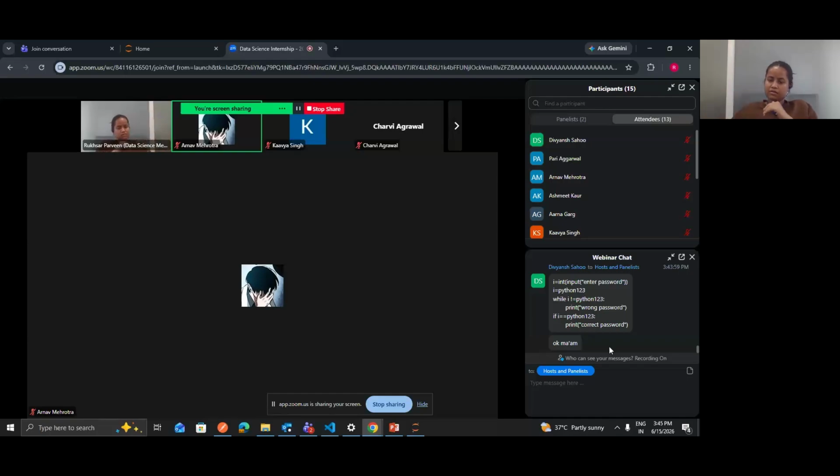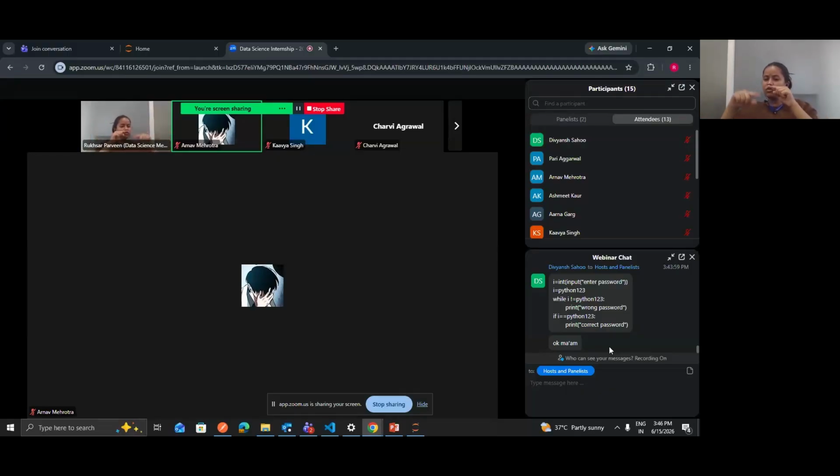As in Arnav's logic, what was happening? The while loop was true by default, and that is why we needed to check it. After taking an input from the user, he was checking whether it is equal to Python 123 or not. If it is equal to Python 123, then he was breaking the loop. But in your case, the condition in the while itself checks whether it is equal to Python 123 or not.